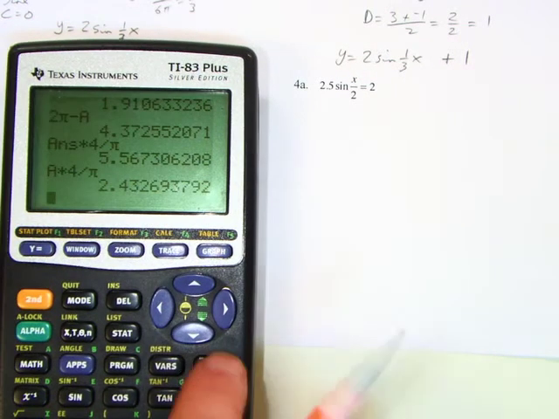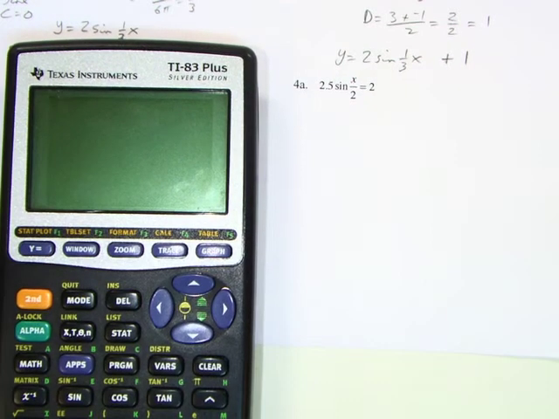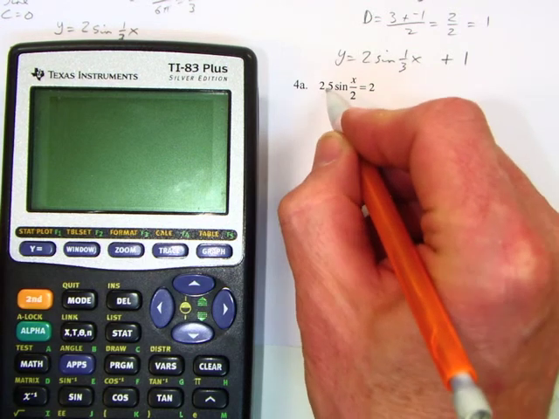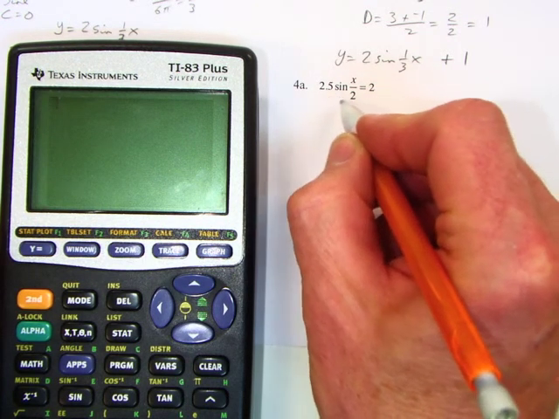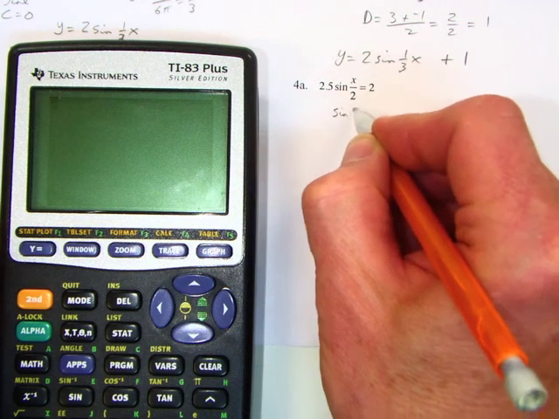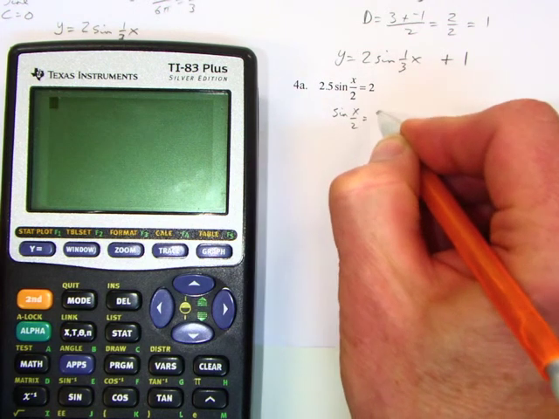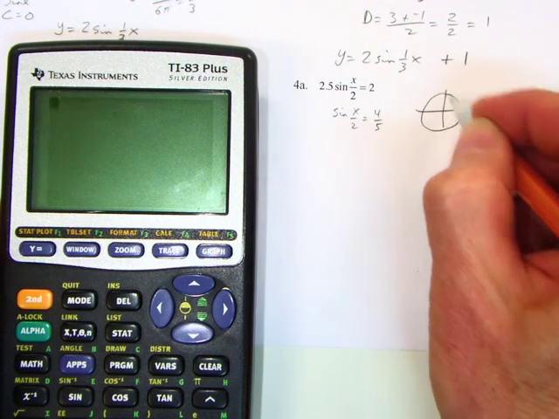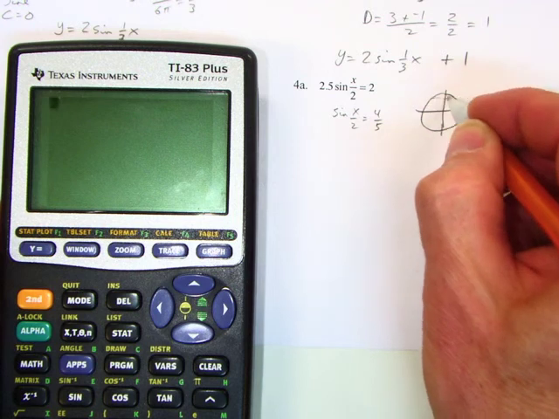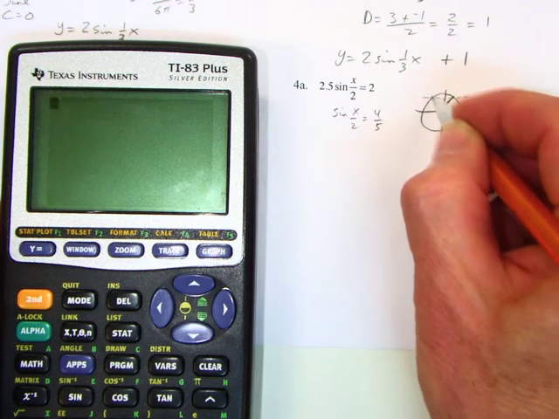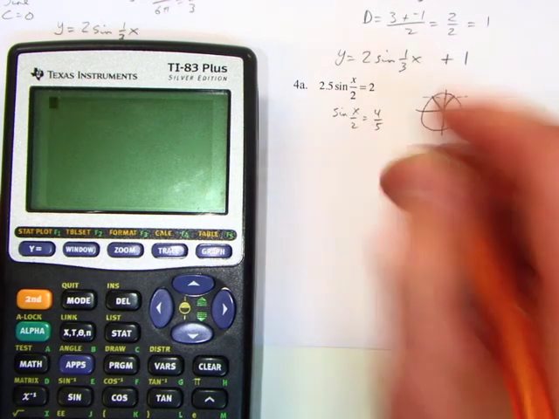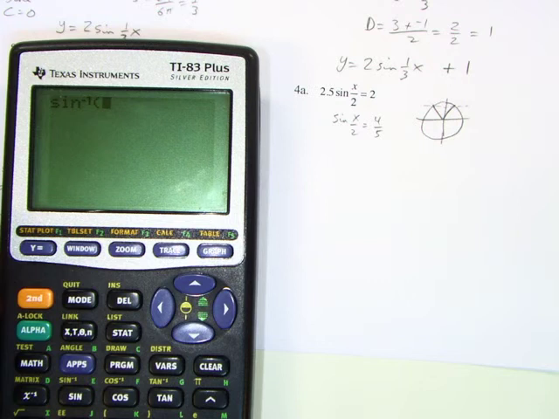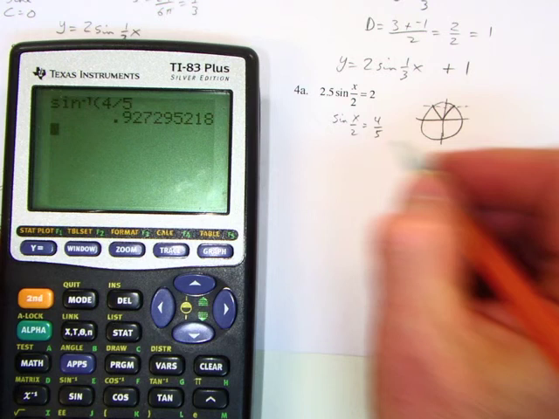Let's take a look at the next one. I'll clear the screen. So we're going to isolate the sine first, divide by 2.5, or this is the same as 5 over 2. So if we multiply by 2 over 5, we get 4 over 5. Look at our handy-dandy circle. Sine is y. Y equals 0.8. 4/5 is up here, so there's going to be 2 answers. So I'm going to take out my calculator. I have inverse sine of 4 over 5, or 0.8, and I get 0.92